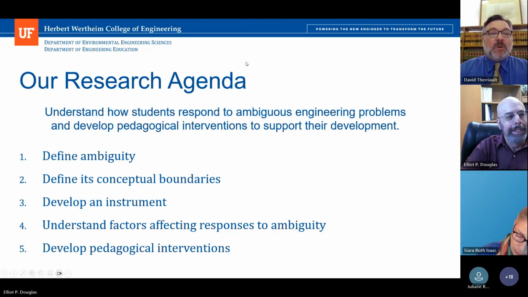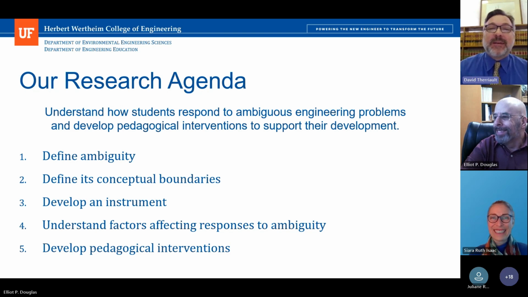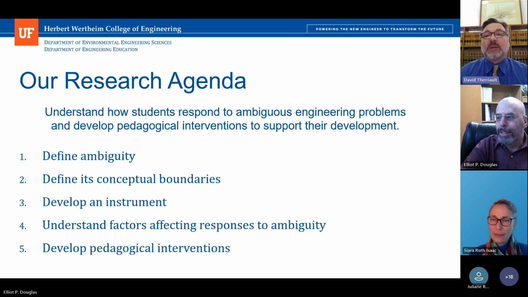There we go. So today is a preview. We're going to walk through in broad strokes. I'm cutting my time to 8 minutes or less if possible, because I'm more excited about reading the comments here than I am presenting at this point. We'll talk about our trajectory in research exploring problem solving and engineering, the role of ambiguity, and unveiling our approach of a categorization of uncertainty and ambiguity that we hope will be useful for folks in thinking about their teaching and thinking about research.